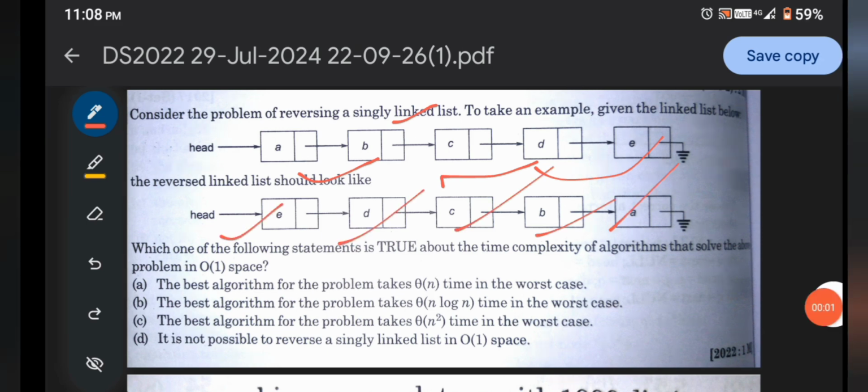There are four options giving the time complexity: theta n, n log n, n square, and constant. So options C and D are not possible, and option B is also not possible, because it is not based on logarithmic time. Okay, so this is also false. Now we say that yes, in the case of reversing any linked list, like a doubly linked list, singly linked list, double ended linked list, and so on.